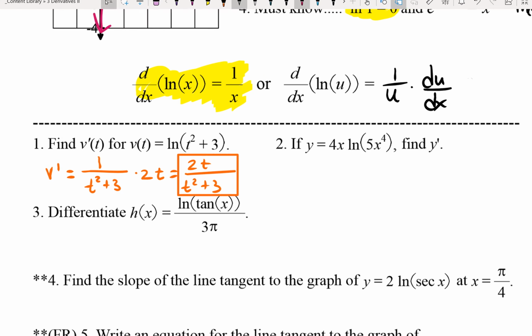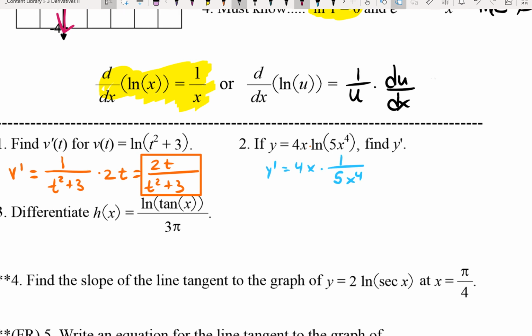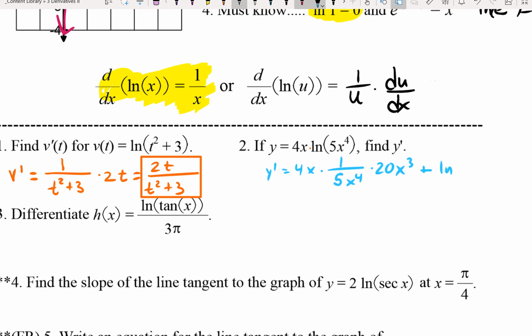All right, number 2, I have a product. I will use the product rule. Y prime is first, derivative second. So the derivative of the ln of 5x to the fourth is 1 over 5x to the fourth times the derivative of 5x to the fourth, 20x cubed. And then I have to add to that second